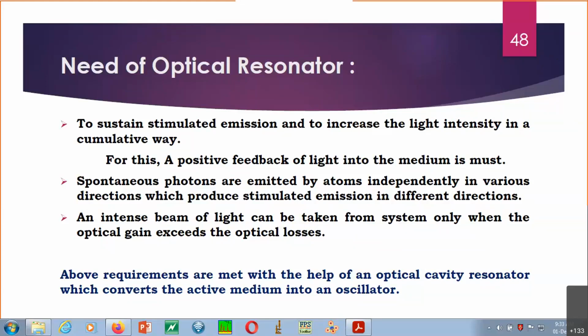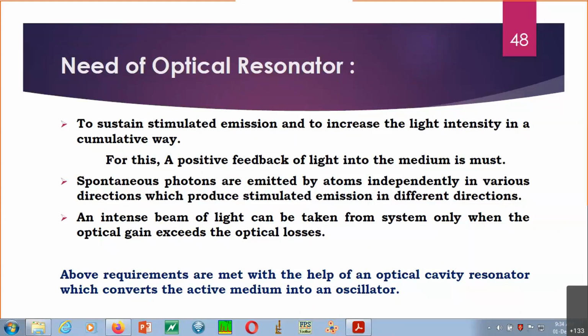This second process, spontaneous emission, I must have told you in the earlier lecture, is going to be completely random order. Whatever photon comes out from this process is completely random. It can go in any direction, along x, along y, along z, or it can make a certain angle also. So it cannot be decided or predicted; it is completely random. Now these photons coming out from the spontaneous process are going to interact with the active medium, and they will produce more stimulated emission in different directions.